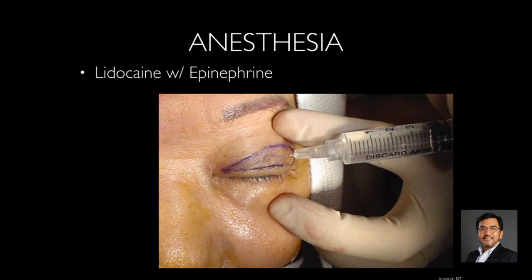Local anesthetic is then injected. I use lidocaine with epinephrine. I start with small injections centrally, then wait a few minutes before I inject the rest of the eyelid. I prefer to inject below the orbicularis to hydrodissect it from the orbital septum. I usually make sure to inject an adequate amount to the medial area as it is very sensitive to pain